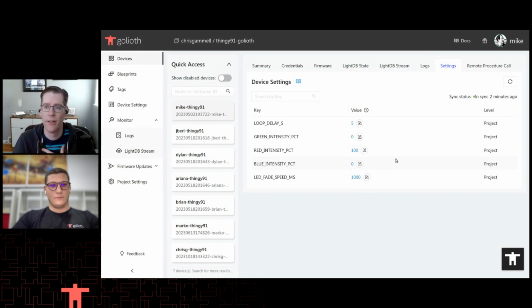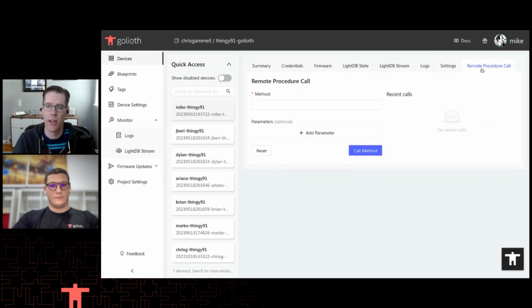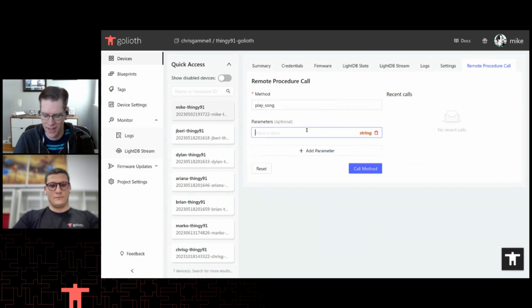However, let's move on to the next part of device management here, which is the remote procedure call. Now, I really love this because if you have a function and you didn't know what the inputs were going to be, you could assign it here. So one of the fun ones here, since we have a piezo buzzer on here, Chris, when he worked on this one, decided to use that buzzer. So if I call this remote procedure call with the text Funky Town in there,